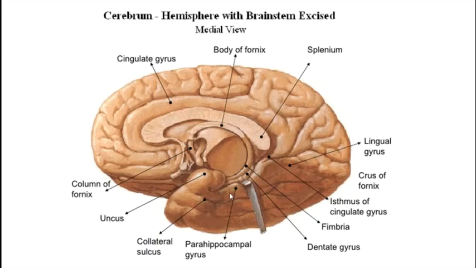So parahippocampal gyrus moving forward and then showing us this hook-like turn called the uncus. What you have to remember is that uncus is not the anterior pole of the temporal lobe. The anterior pole of the temporal lobe is here. This is just a hook-like turning which is present behind the anterior pole of the temporal lobe. So both things are different. So don't get confused between them.